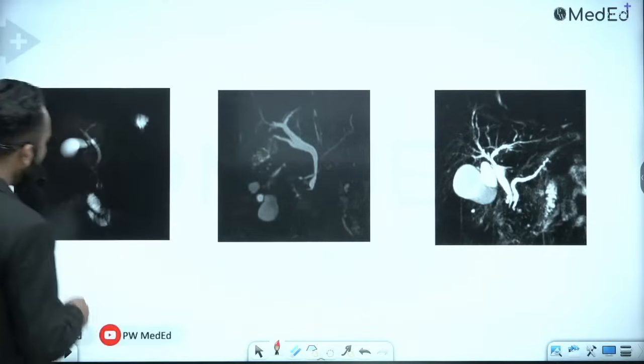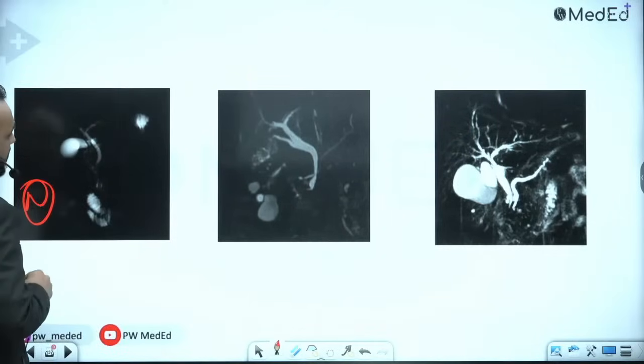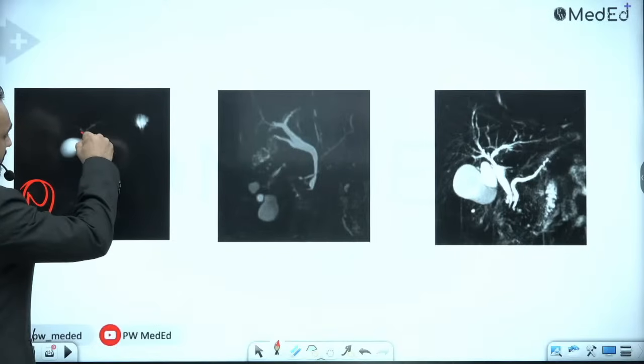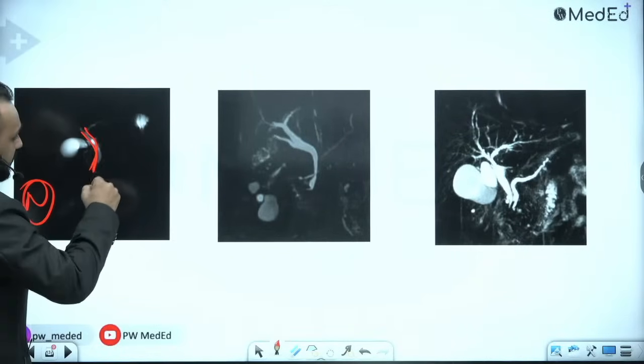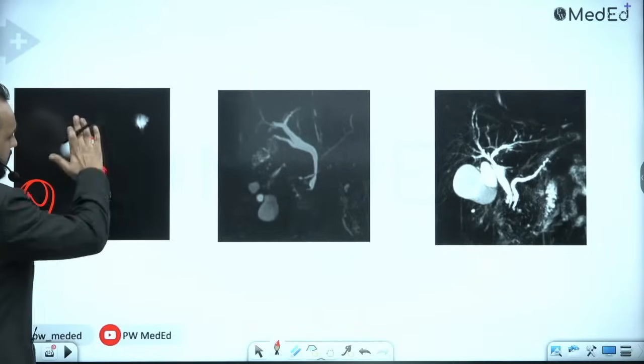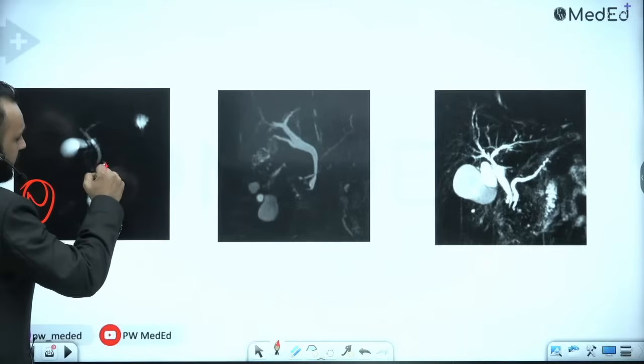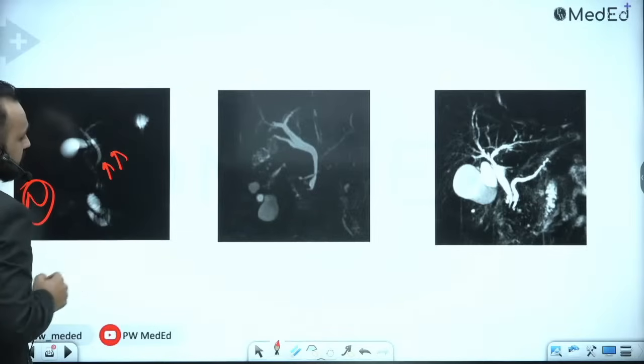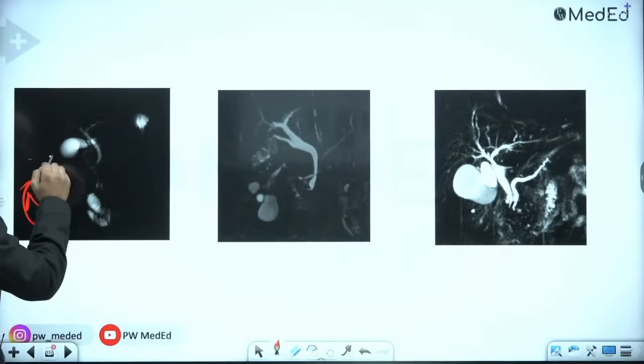So guys, this is the normal MRCP image. This is your common bile duct. This is your very thin duct that can be seen. This is your main pancreatic duct, which is joining the common bile duct, and this is your